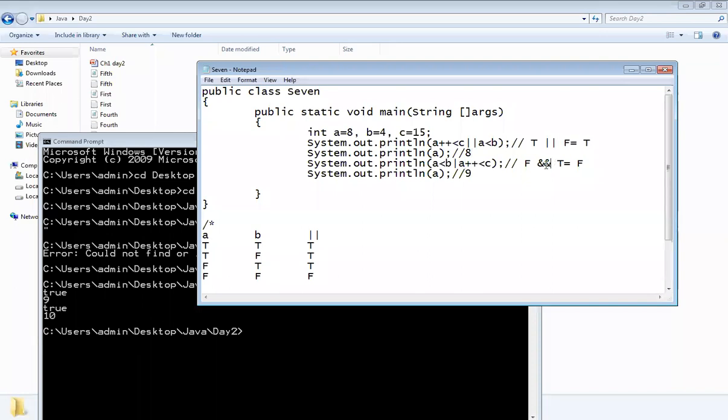I have not changed the second condition. I have kept it as it is. I will save it. Now see what your answer is. First, what I have done, I have incremented this value. Here also your answer is one and the same. But after that, I will make one change over here. See it.